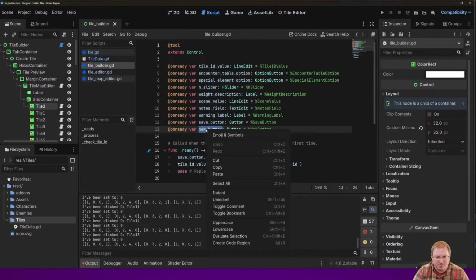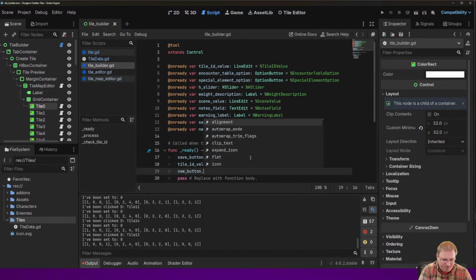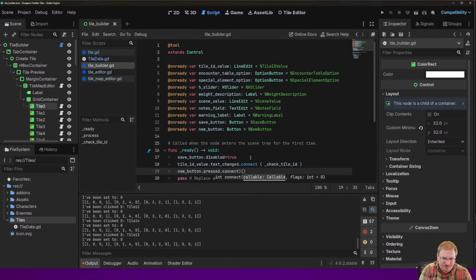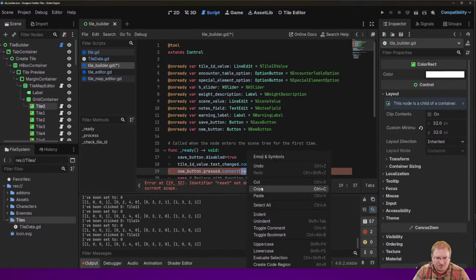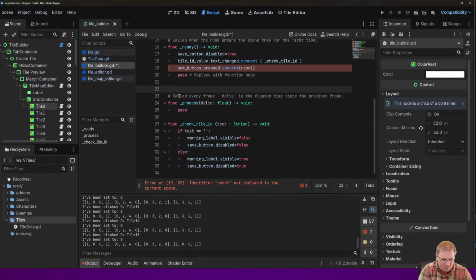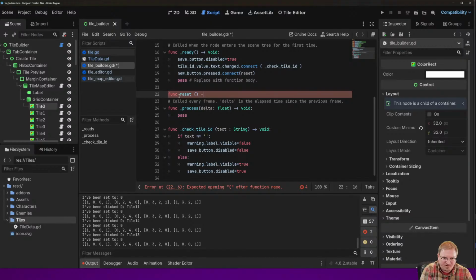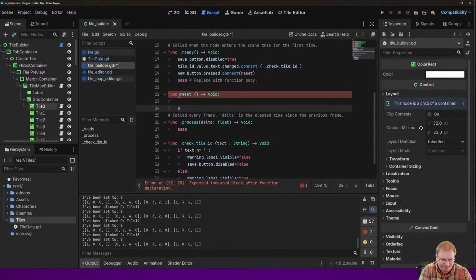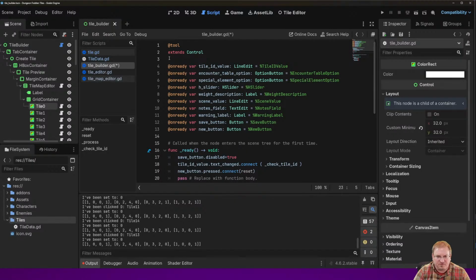Save button disabled. New button. New button pressed. Connect. I'm just going to call it a reset function, because all I'm going to do is just reset everything that's currently built. Function reset, void. Okay, so we need to just change everything back here to 0. So we need to do